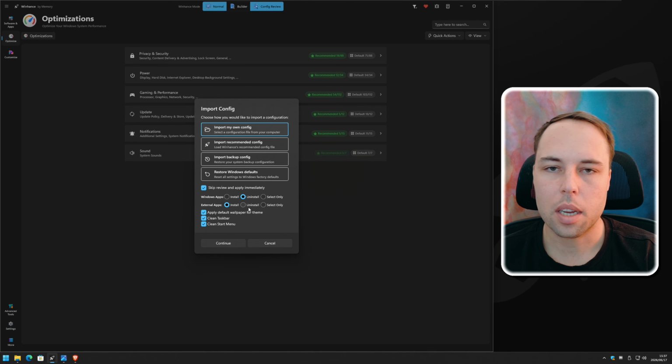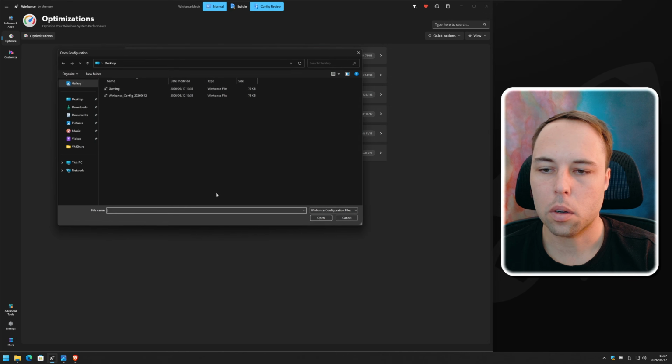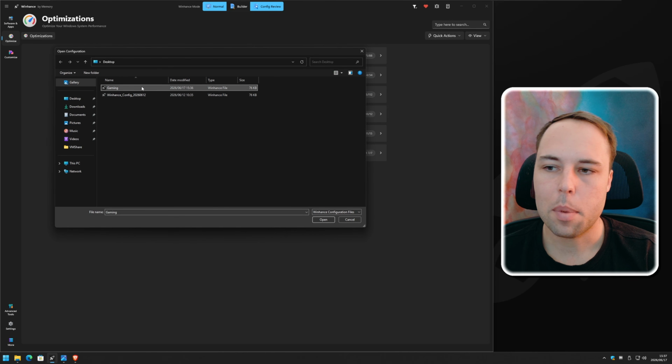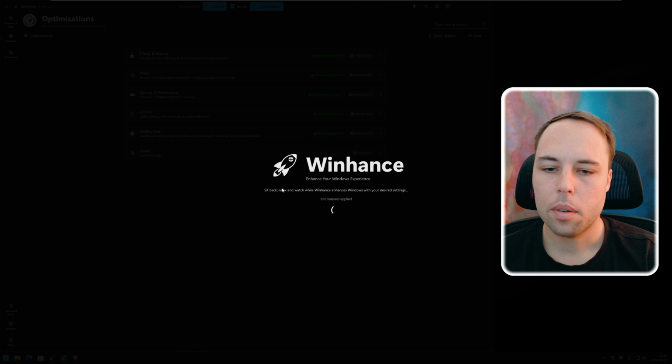For the Windows apps and external apps, I'm just going to select those. So it's basically going to skip it. But remember, we didn't select any apps in the software and apps section anyway when I created this. And then I'm not going to apply any of these like the default wallpaper, the taskbar, or the start menu. So I'll select that, click on continue. Then I'm going to select my gaming preset here, click on open, and it's then going to apply that config